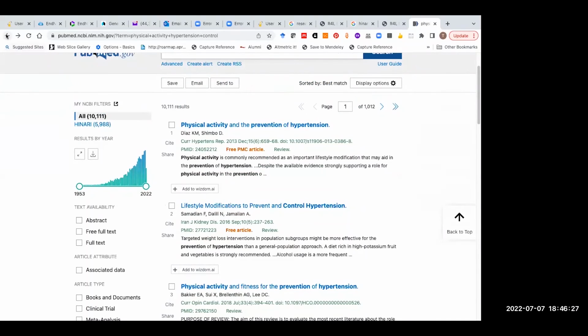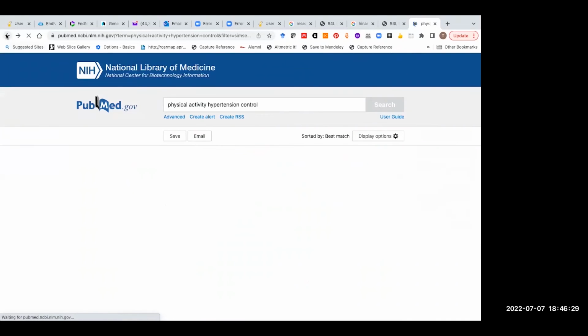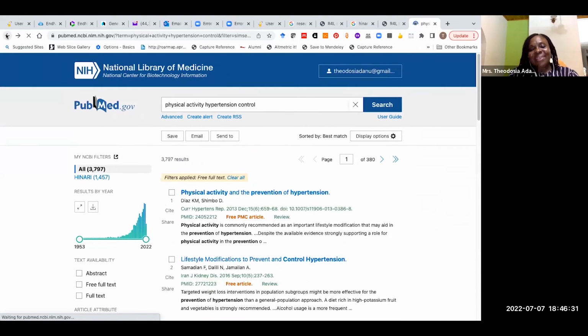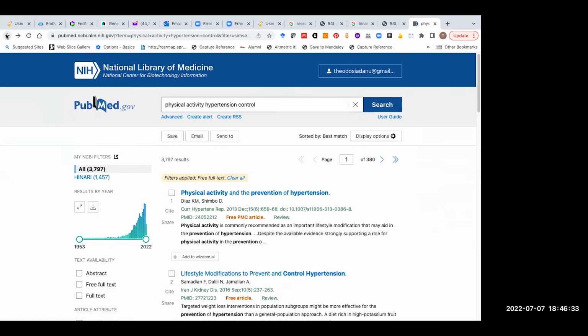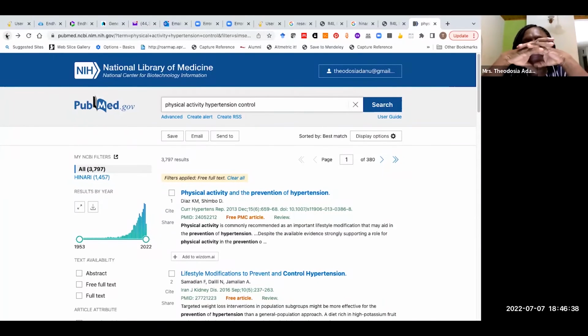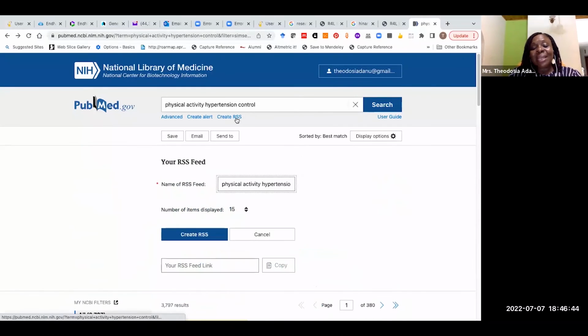There was a question about what is meant by RSS, create RSS. RSS these days is, I've forgotten, an acronym for a feed. You create a feed and then you keep going back to it, but I wouldn't encourage it, honestly.